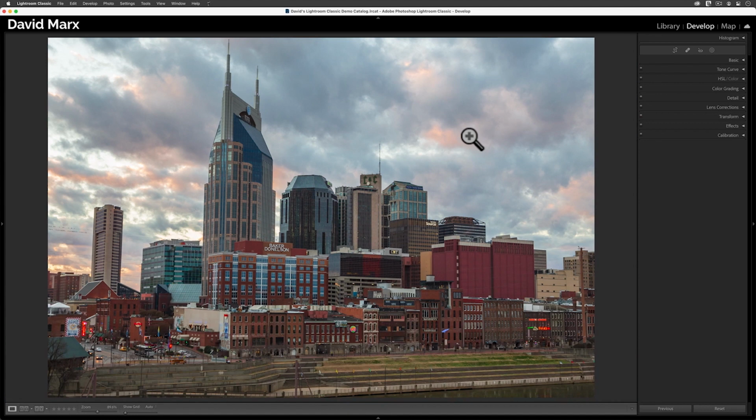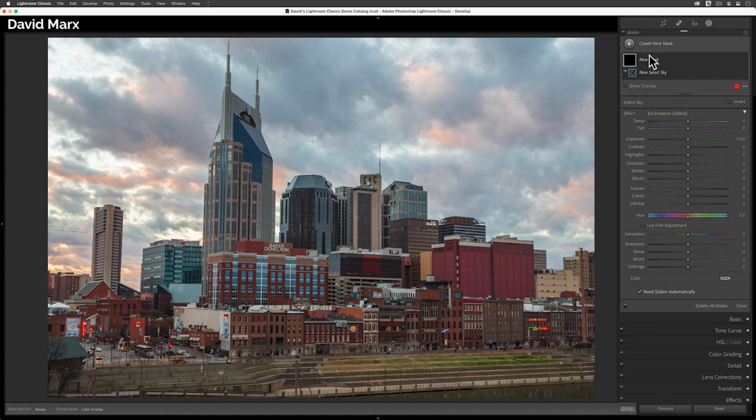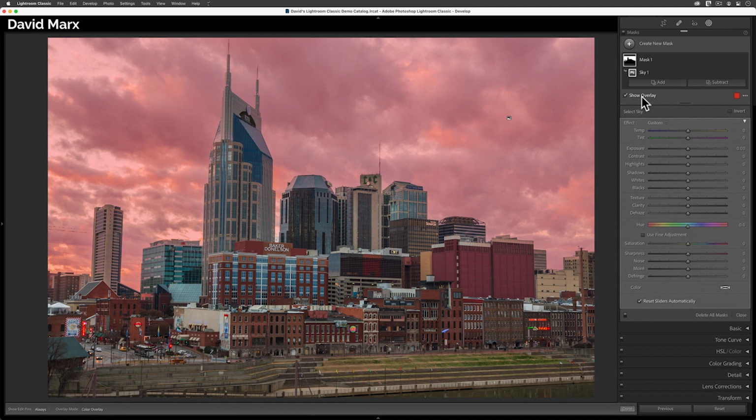At this point in my image processing workflow, I want to target additional emphasis to the fine details in the buildings only. Since it's the buildings that I'm after and not the sky, I'm going to open up the masking panel. I'm going to start things out in here by asking Lightroom to create a sky mask for me. As you can see, the program has done a fine job selecting the sky here, but what I actually want to change is the opposite. So at this point, I need to invert this mask.